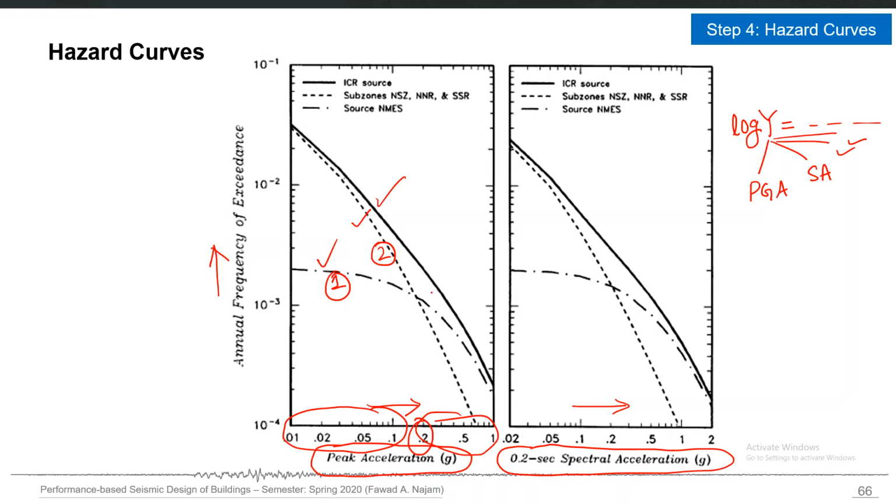But you can also plot a combined hazard curve which will have the contribution from all of the seismic sources, and that should be used for the purpose of structural analysis or for performance assessment of buildings. So with this I will end this session here, and in the next session we will see an actual example with some calculations of this whole process of the probabilistic seismic hazard assessment. So till then, stay safe and thank you.